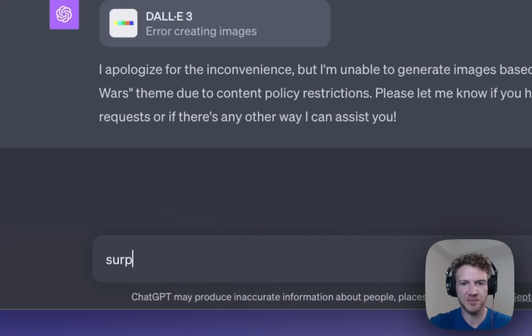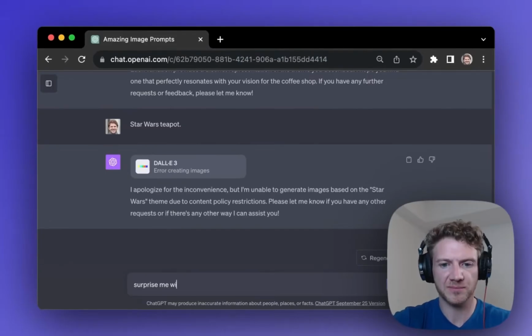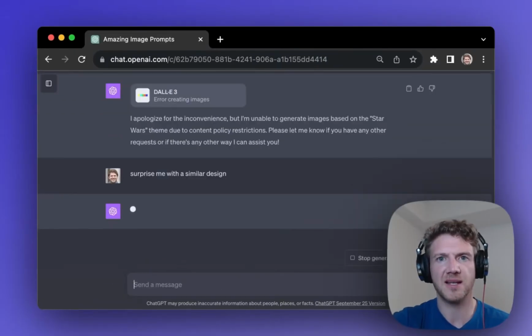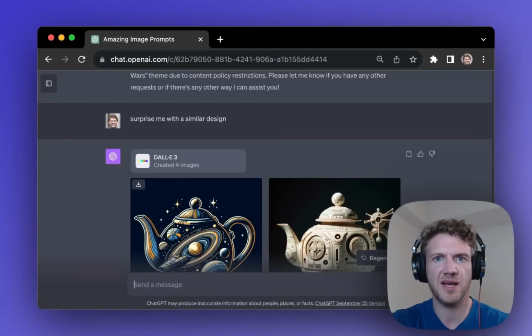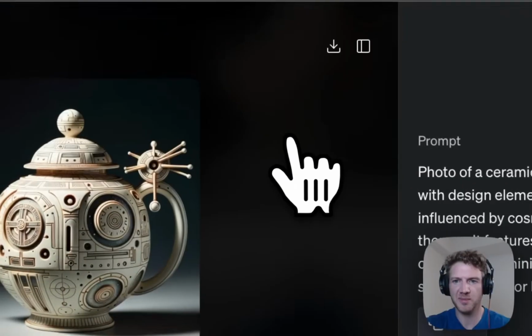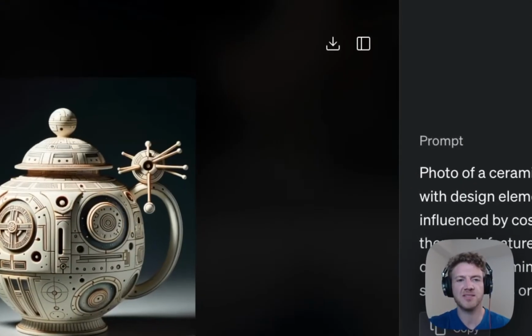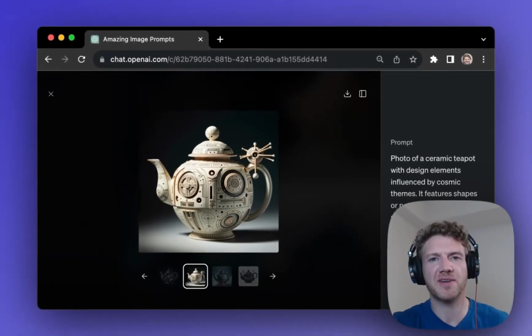But what we can do, surprise me with a similar design, and let's see what it comes up with. Here we have some pretty cool images. This one in particular I like. And this is just another example of how you can